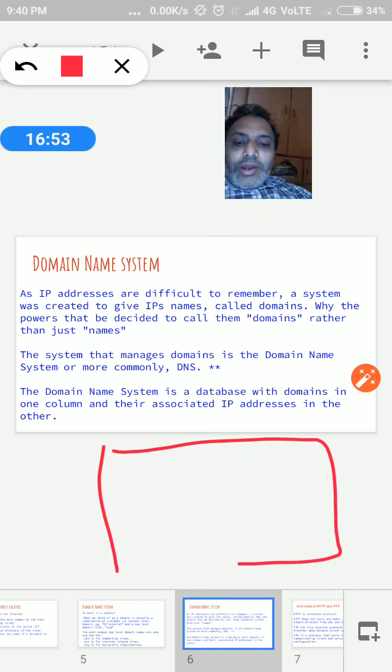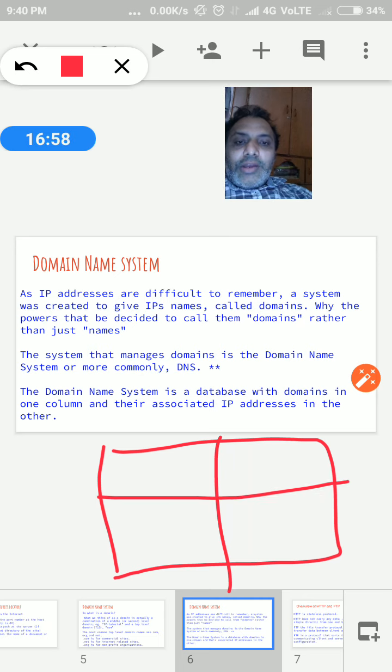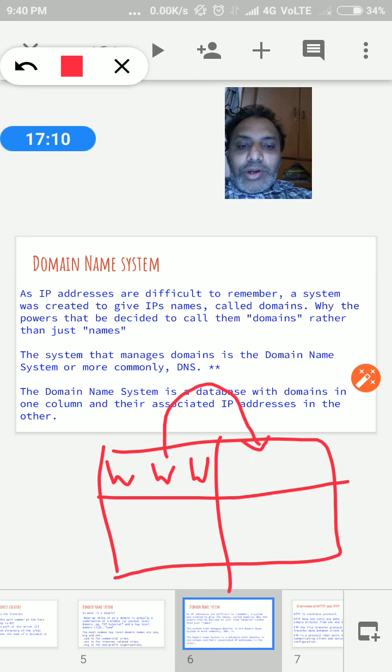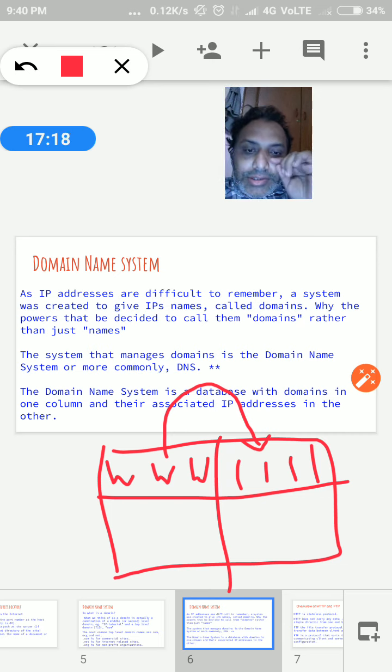Here we have one table with the naming convention, like www.acpc.org, and the associated IP address stored, like 1.1.1.1, with dots in between the numbers.